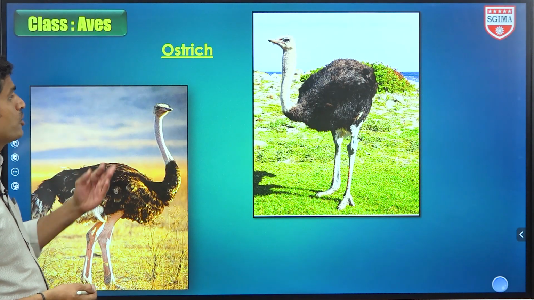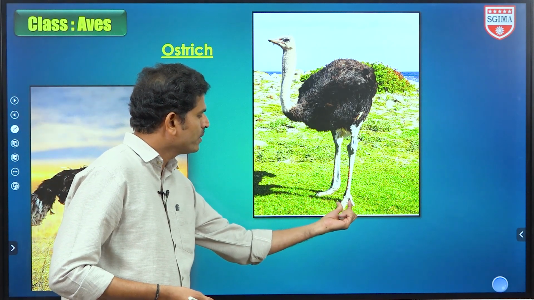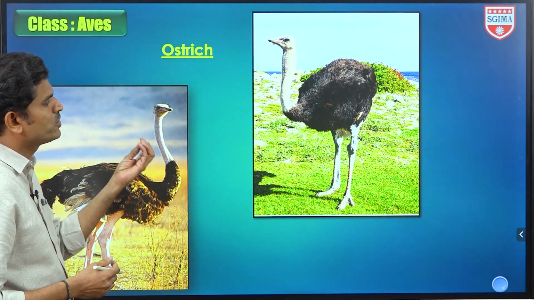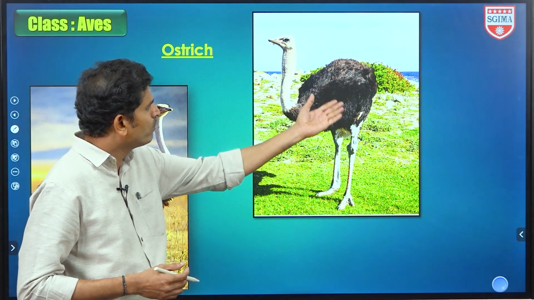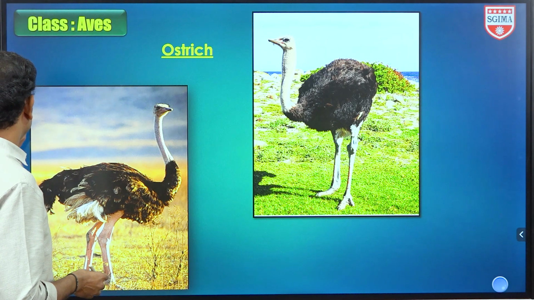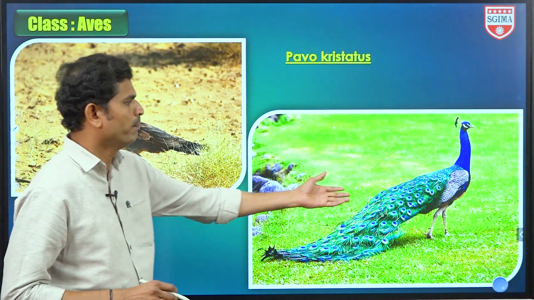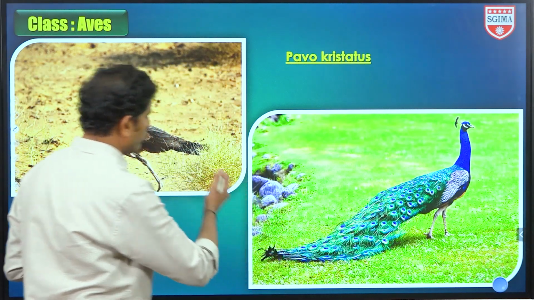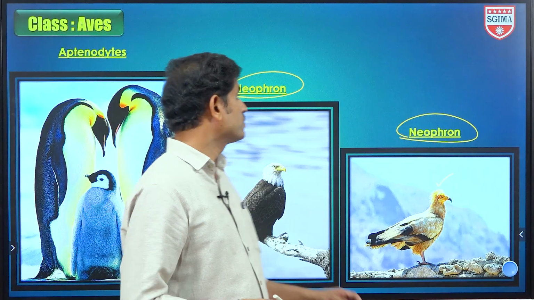Next, yes, large bird, ostrich. Okay, so this is ostrich, Struthio camelus they call it. Its legs are like a camel's. Okay, so this bird is generally present in deserts, not a flying bird. It has feathers, but see how reduced the feathers are in this one. Large bird it is. Next one is Pavo cristatus. So this is only male, peacock and peahen. Either feathers are long or feathers are reduced. Okay, peafowl or peahen they call it. So let us see the next slide.